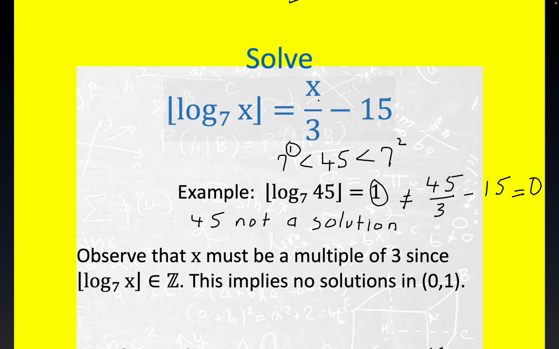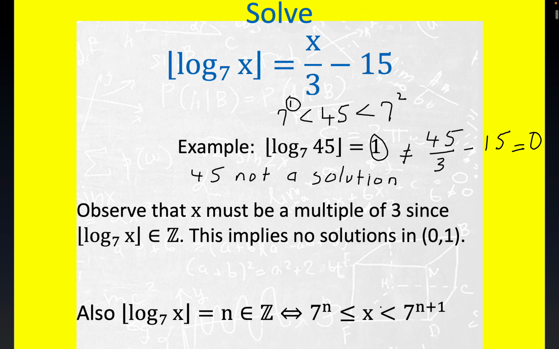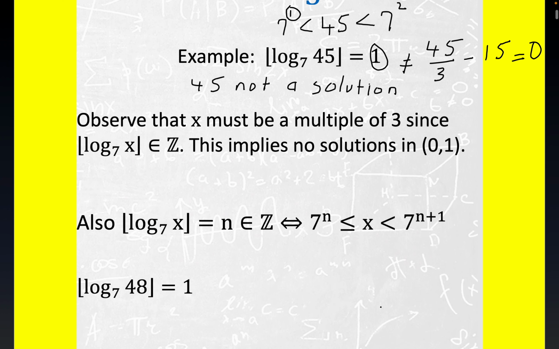That's crystal clear because the left-hand side is always an integer, so the only way the right-hand side could be an integer is if x is a multiple of 3. Now this trivially implies there's no solutions between 0 and 1. This is the interval 0, 1. And we're starting there, folks, because the logarithm function has a domain 0 to infinity. All right. So there's clearly no multiples of 3 between the real numbers 0 and 1. So we don't have to worry about that interval, but let's take a look at a solution and